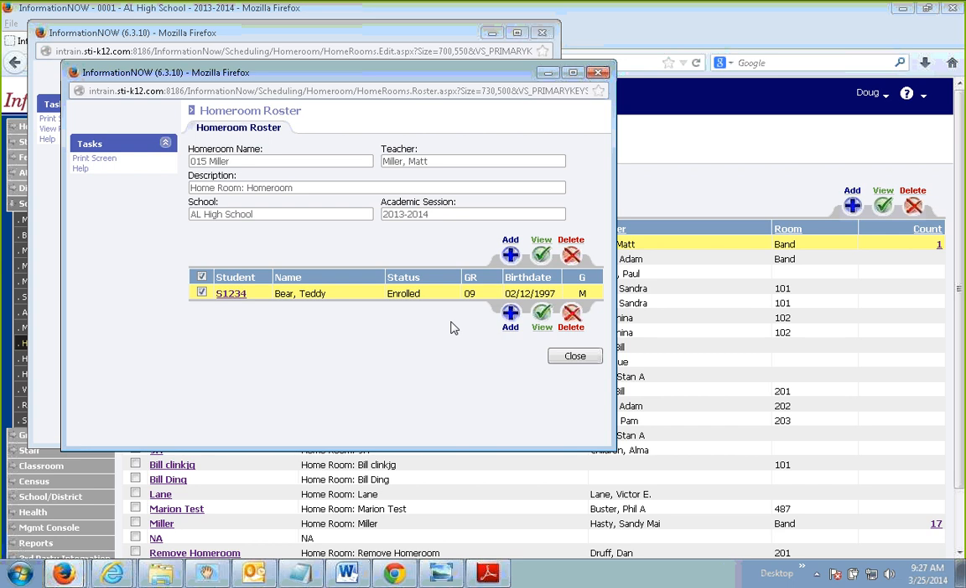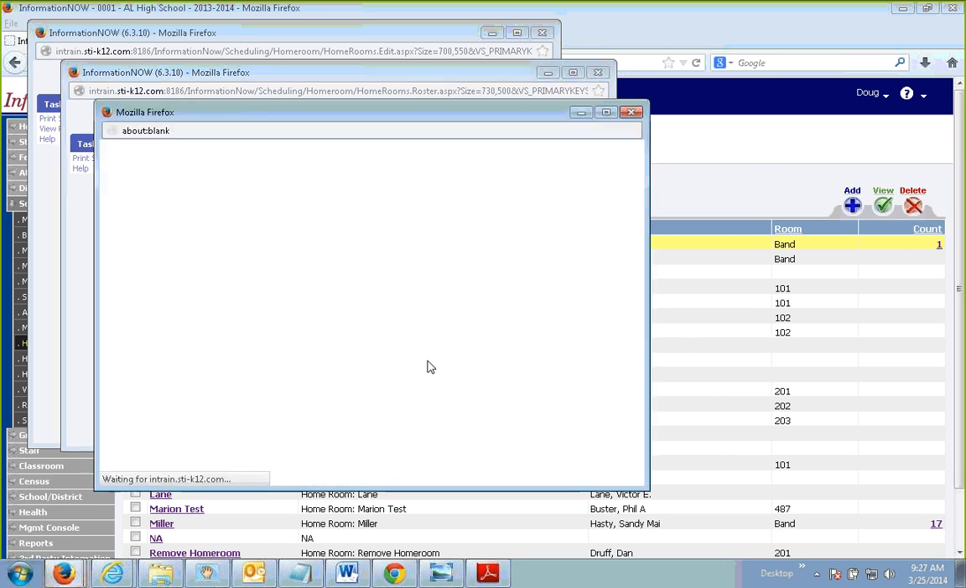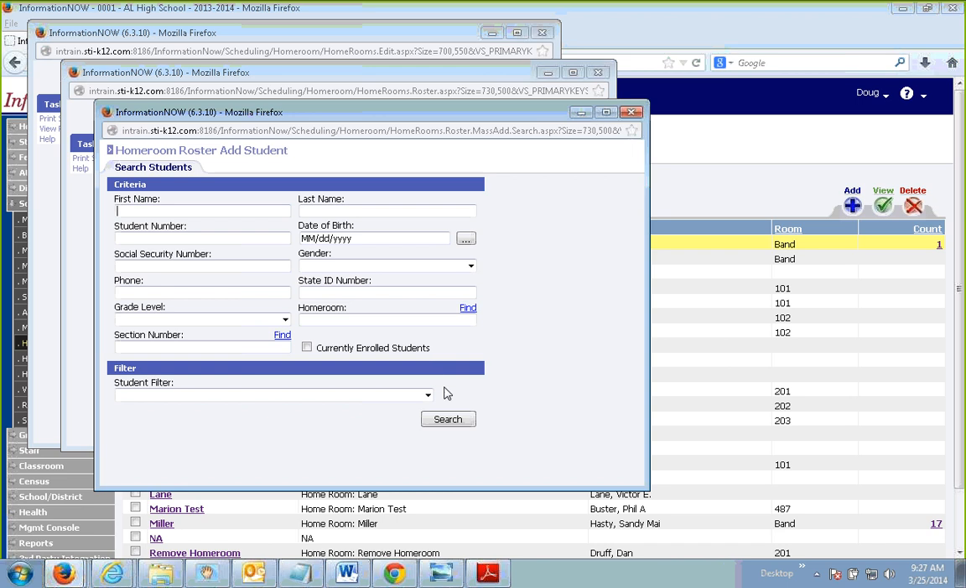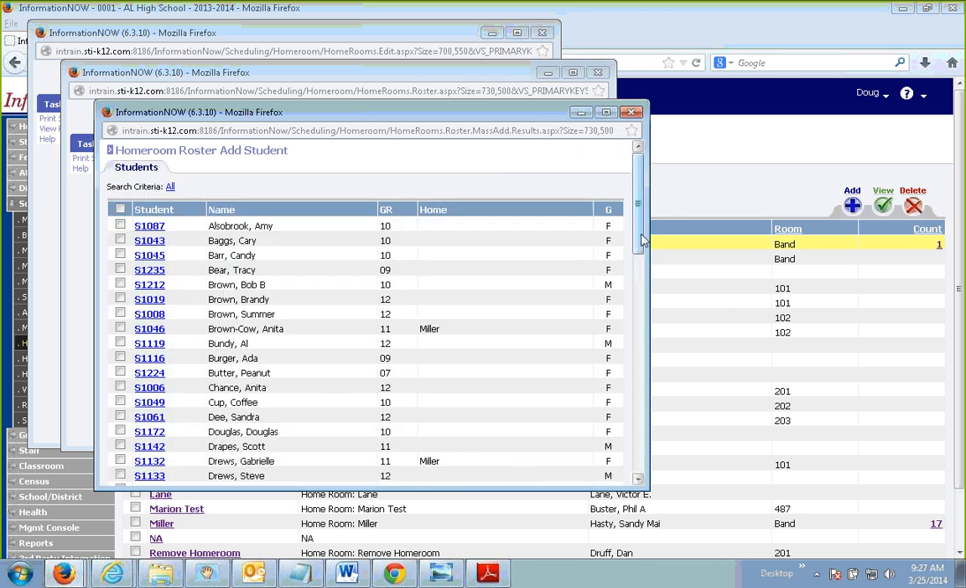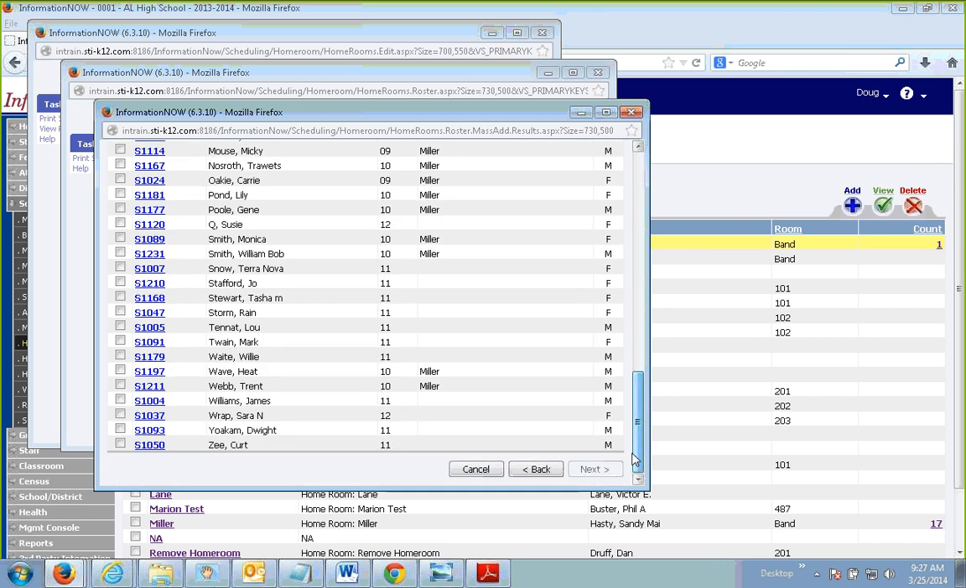I can also add students to the homeroom from this screen. That's going to be very useful. By clicking the Add button, I can put in some criteria and click Search, or I can just leave everything blank and it'll pull up all the students in the school. And I'm going to try to add Susie Q to this homeroom by putting a check by Susie's name and clicking